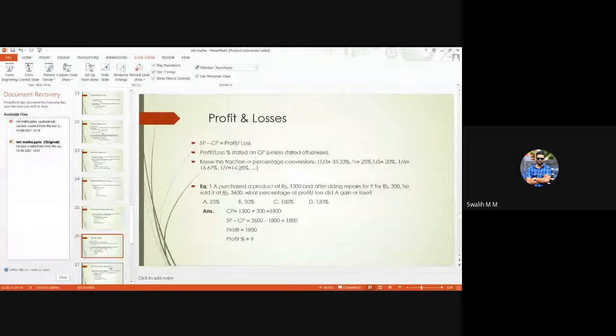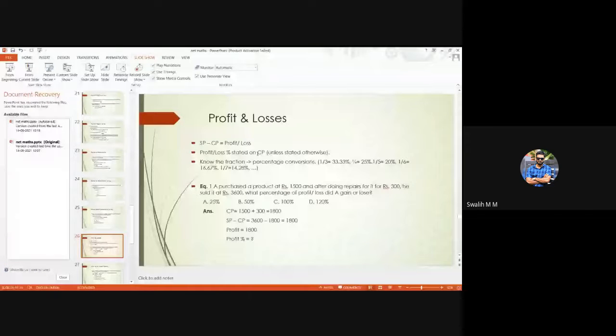Okay. Now profit and losses. This is a topic we commerce students generally know and should know: reducing selling price to cost price, we get profit or loss. Now, what we should remember is profit and loss percentages. The question might be in terms of percentages, and we should always put it in cost price. If the profit percentage is asked, what percentage of profit or loss did A gain? So if the profit or loss percentage is given, then it should always be in the cost price.